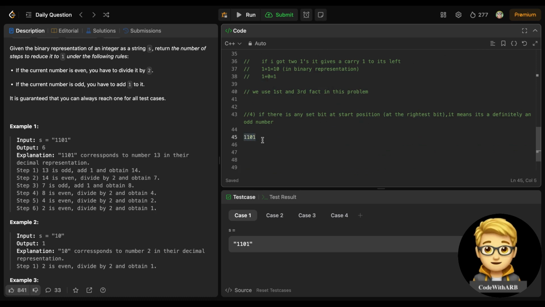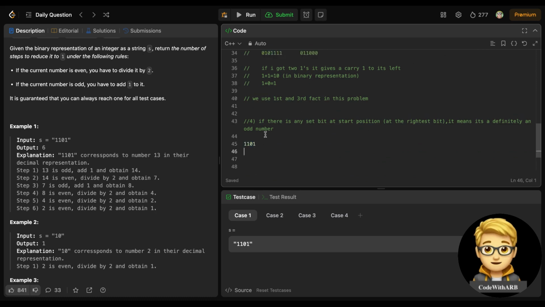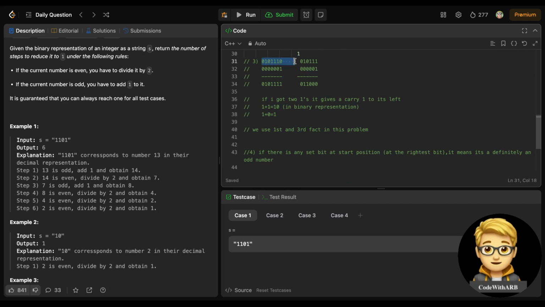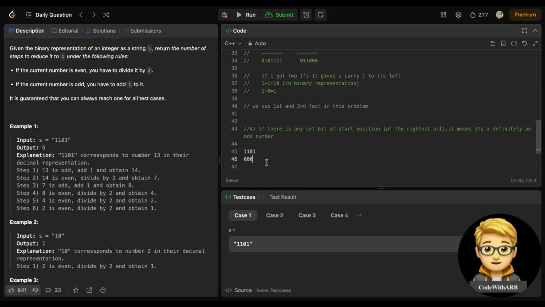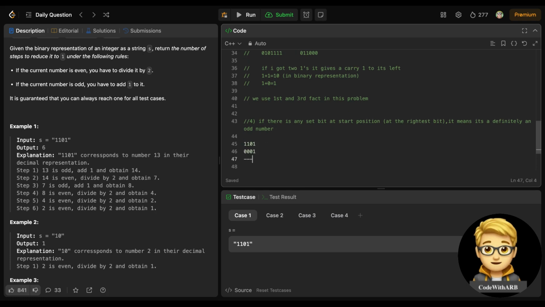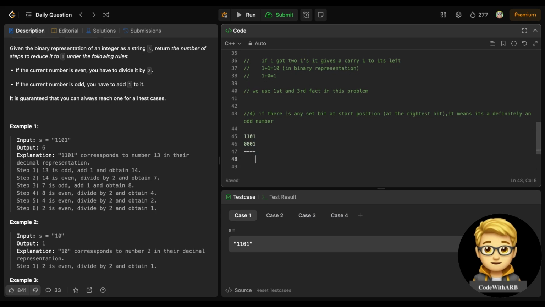So I just told you how to add one to a number in binary representation, right? So if I add one here, 001, what would it become? It will become 11, which is